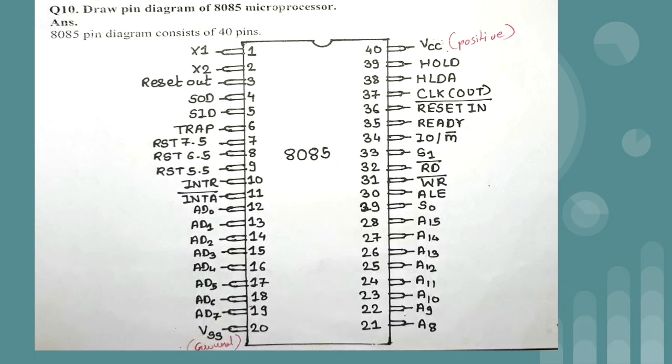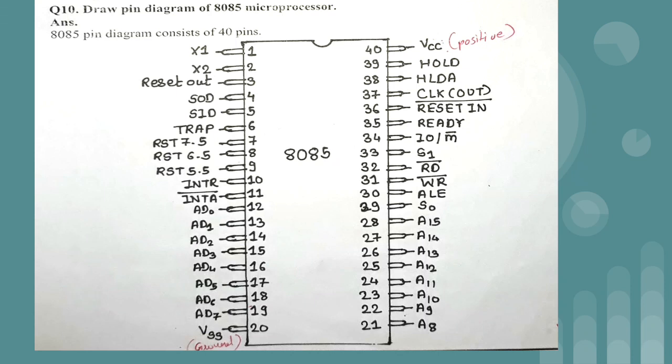In one question I have also explained that 16 address bus plus 8 data bus, a total of 24 bus lines, we do not have. We have only 16 bus lines, out of which 8 bus lines are sometimes used as a data bus. Now again just see the numbering. We have 16 address bus lines, which is why we have the numbering from AD0 to AD15. Just see pin number 12 to pin number 19, we have numbering AD0 to AD7.